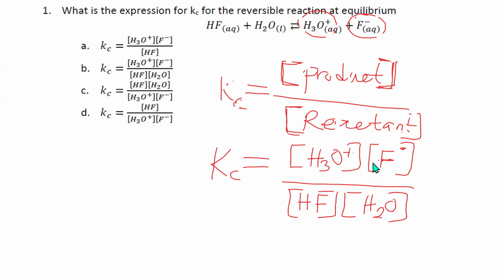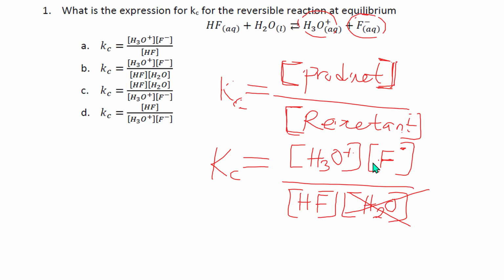But ladies and gentlemen, generally whenever you are writing Kc, the concentration of water is usually neglected. So therefore, the answer will be the concentration of H3O plus times the concentration of fluoride ion divided by the concentration